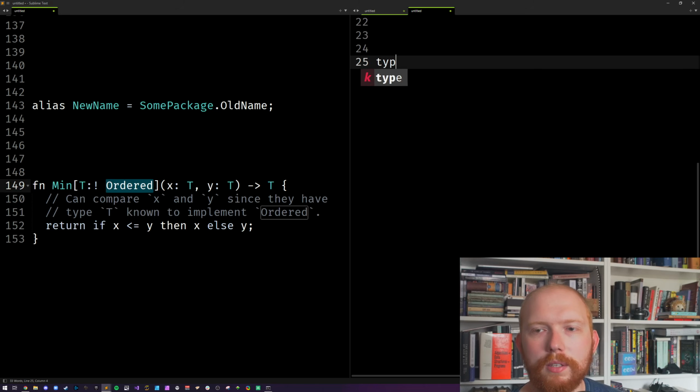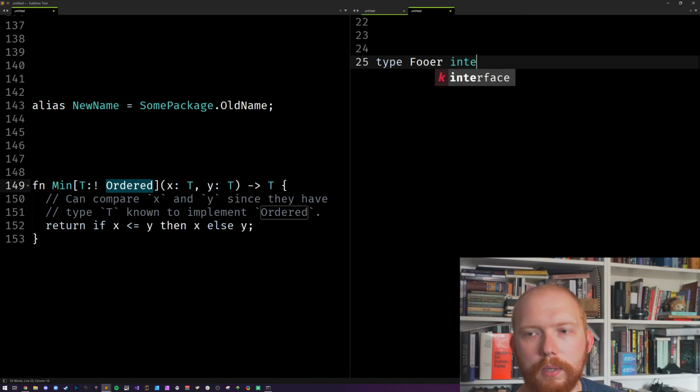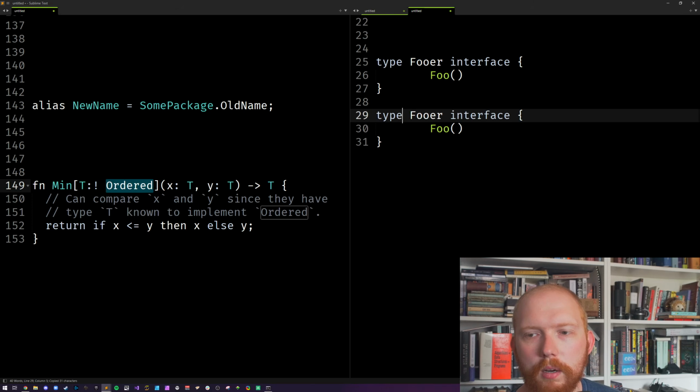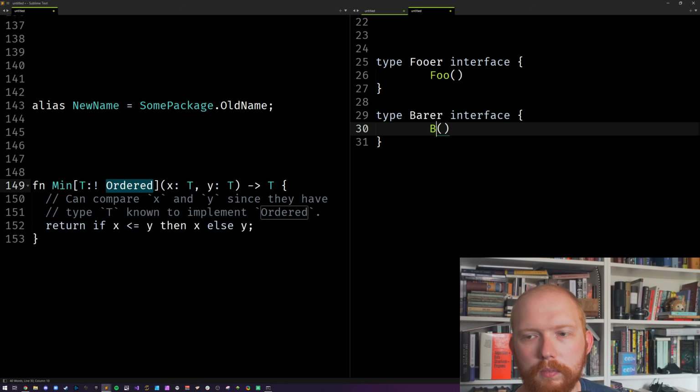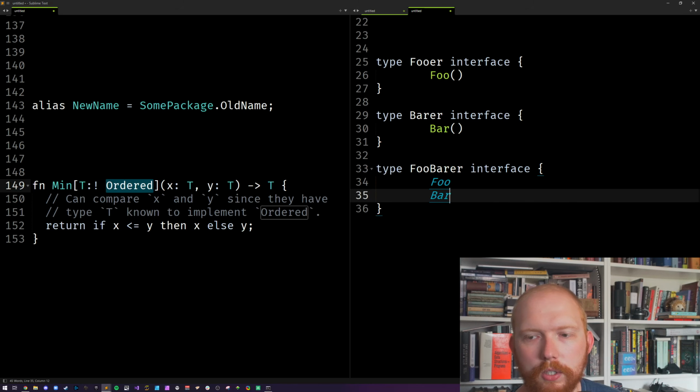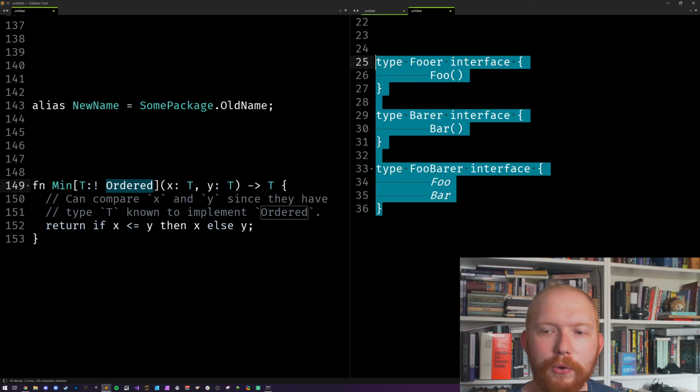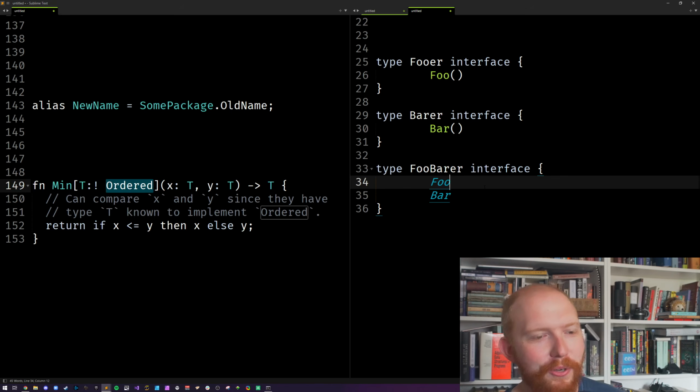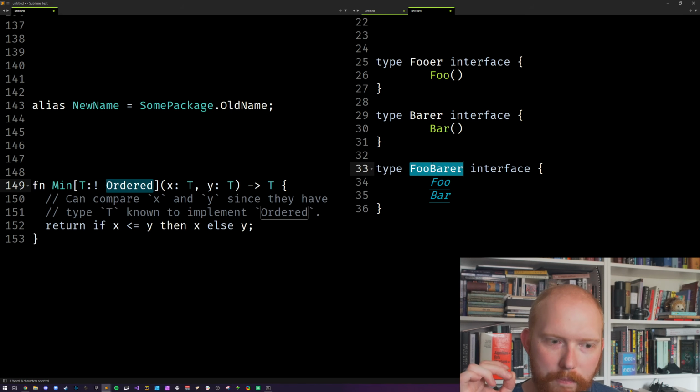The two-thirds of a method thing, so let's say you have type Foo interface, and it has Foo in there. Let's keep this simple. A Bar. And then we have a type FooBar, and then they're just embedding a Foo and a Bar in there, because you can do embedding. This is like the Plan 9 style embedding, which used to be in Plan 9 C, which is great. Good extension. So this is the Go. Like, look, you have three interfaces, and two methods. So the average of all of them is two-thirds of a method. That's the old joke, but it does actually seem to be the case. Usually you build things together with interfaces, not keeping them separate.